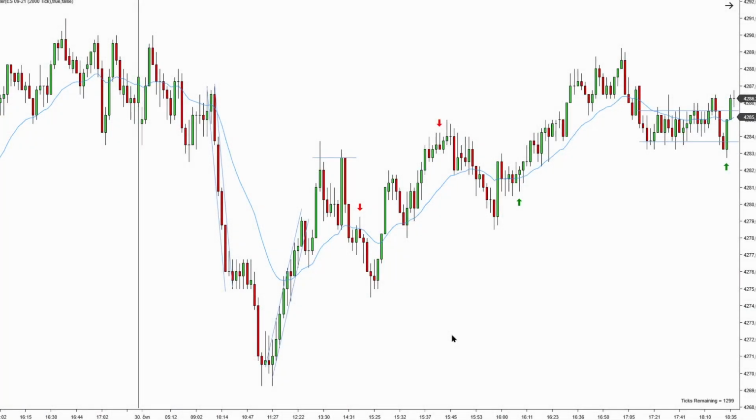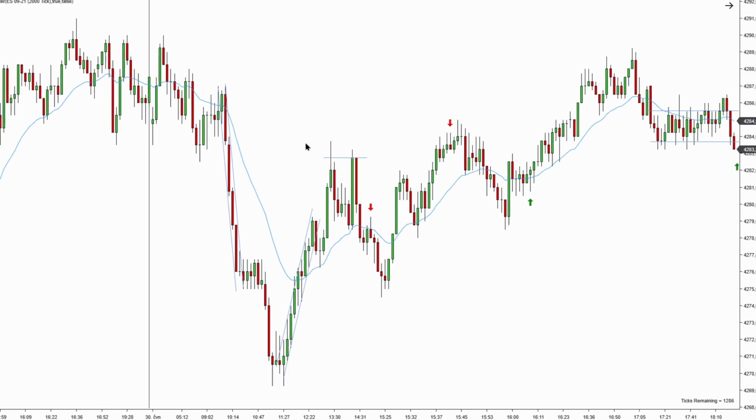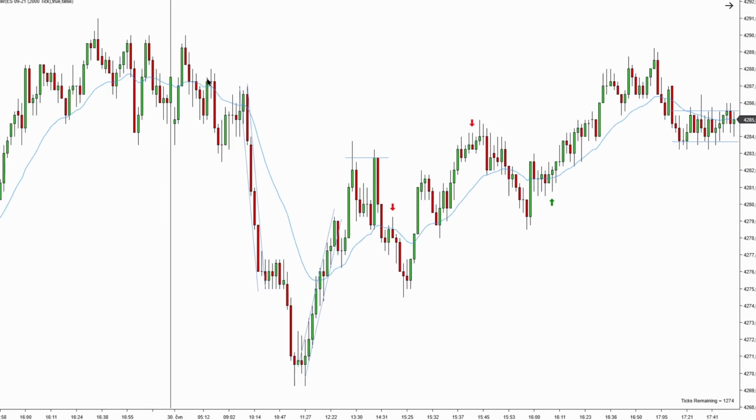So what we have to do first is identify the current market structure. Today, right from the get-go, the market started with a downtrend move. We were making lower highs, lower lows, and then eventually the market sold off in a big fashion. You can see this is a very strong 90-degree move, and we had a second leg to a new low. So my first instinct was to draw the short-term trend line so I can follow the price action